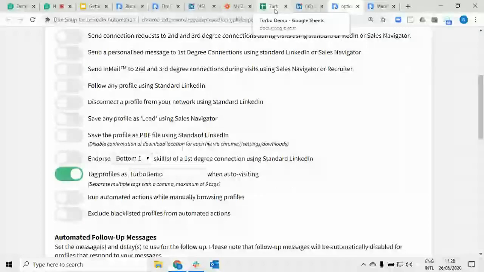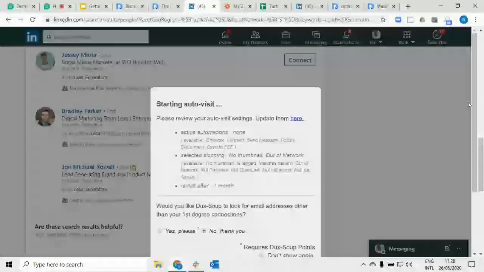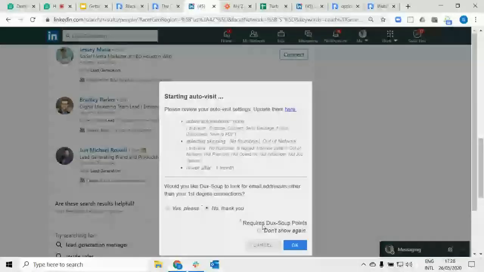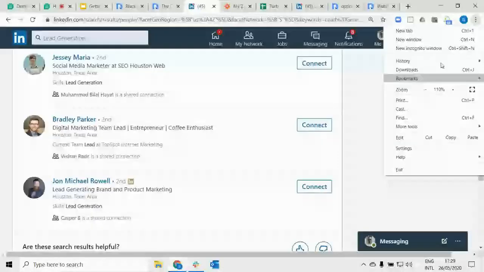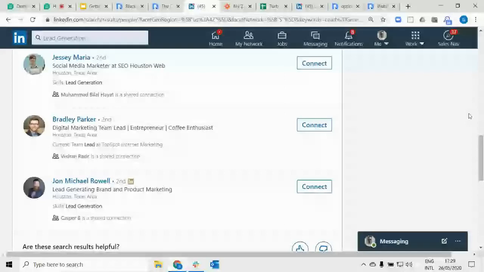But just to be able to prove the concept here, I'm now going to ask the Dux Soup robot to carry out some test visits on my behalf. If I now press go to my Dux Soup options, I've gone to my search result, and I'm now going to press there, and we're going to carry out our visits. Oh, that didn't work. I need to zoom out a bit, I think. Let's try that again. Visit profiles. Okay, there we go. I'll zoom back in. There we go. So I've now asked Dux Soup to go off and visit some profiles, and I have the